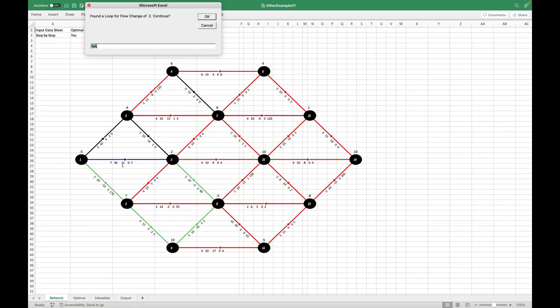So here also it's positive, flow is 0. I need to increase the flow by 7. So it's going to find a path. And it says here it found a loop for flow change of 2. Right, I need 7, but I could only find a 2